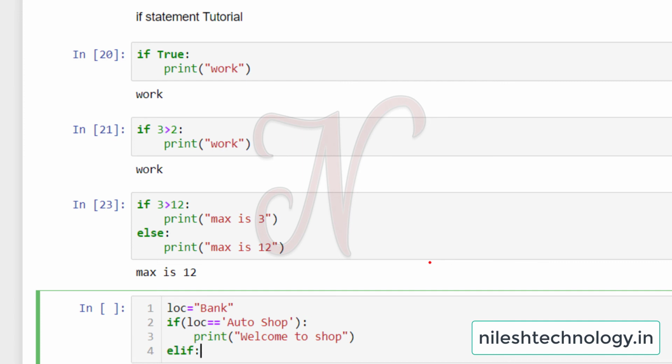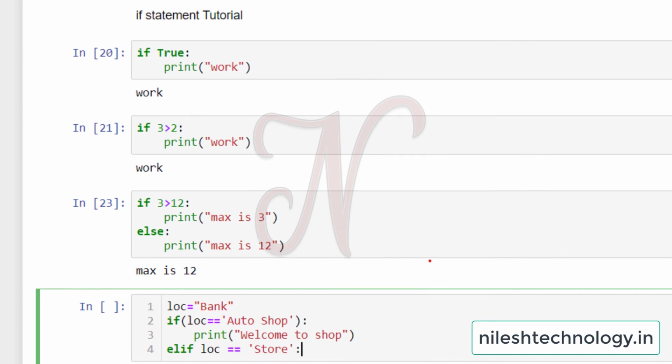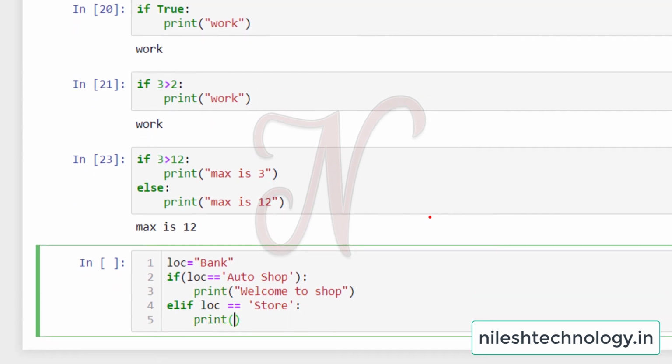Then elif colon, again elif, pass one condition: loc is equal to store, colon, then print this is a store.